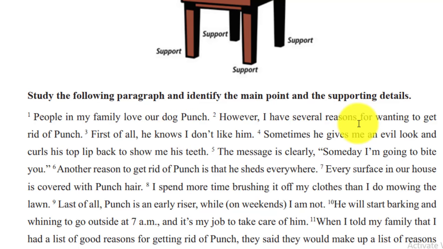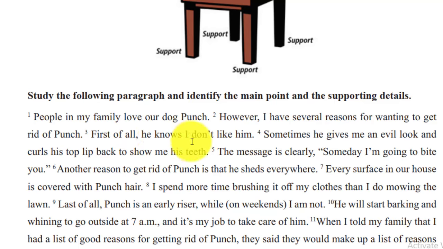However, I have several reasons for wanting to get rid of Punch ይላል። እንግዲህ ይሄ አረፍተ ነገር ሁለቱ ክሎዞች እንደ ቶፒክ ሴንተንስ ይወሰዳሉ። ግን ዋናው the second clause ነው። አሁን ዋና ቶፒክ ሴንተንስ የሆነው I have several reasons for wanting to get rid of Punch የሚለው ነው። ለምን first of all he knows እያለ reason፣ several reasons አለኝ፣ for wanting to get rid of Punch፣ ይሄንን ውሻ እንዲወገድ የምፈልግበት የተለያየ ምክንያት አለኝ ብሎም እንደመነሻ አድርጎ supporting